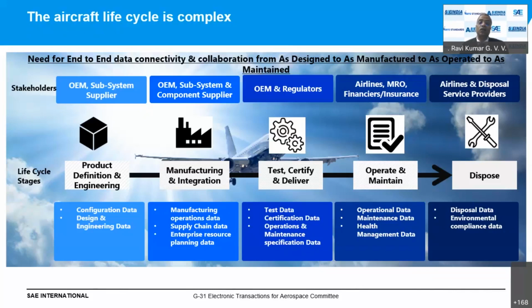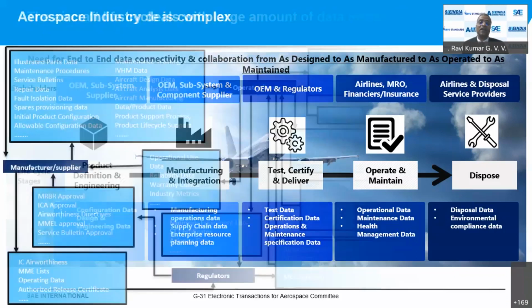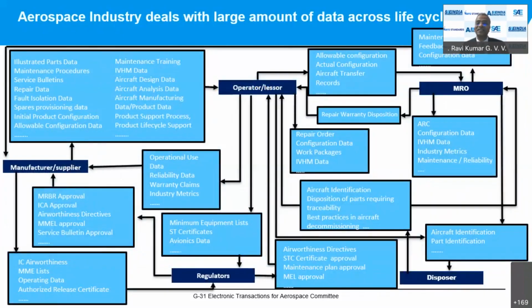How do we collaborate in this complex ecosystem? How do we manage the data transferred across this ecosystem smoothly? Within an enterprise, it isn't hard to maintain because it comes under one single umbrella. But when it goes across multiple organizations, it is very tough. In fact, if you just look at it,